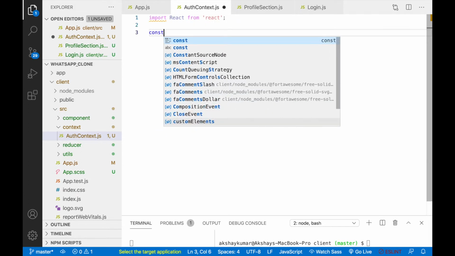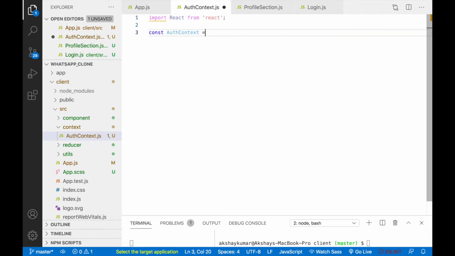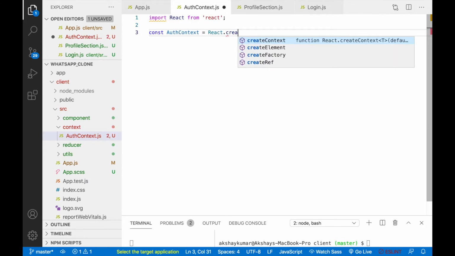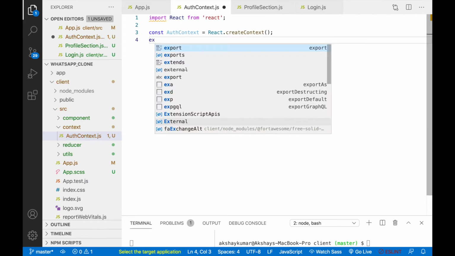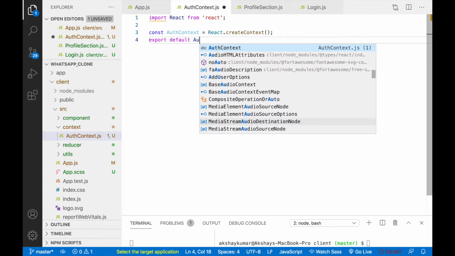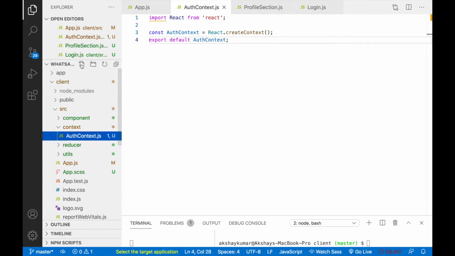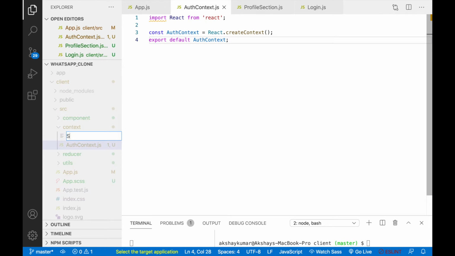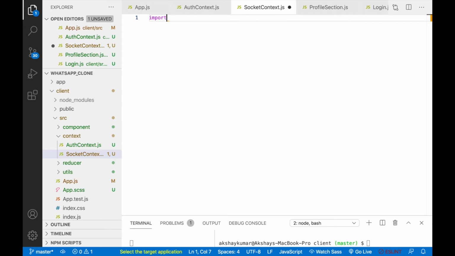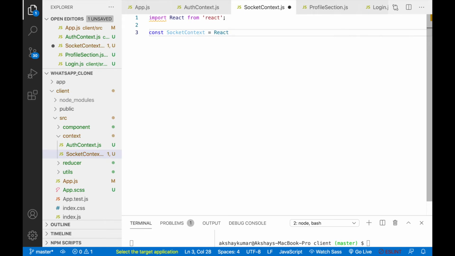I will write const AuthContext equals React dot createContext and I will export default AuthContext. The same way I will create one more, socket context. Here also I will write import React from React, const SocketContext equals React dot createContext, then export default SocketContext. So this is also done.